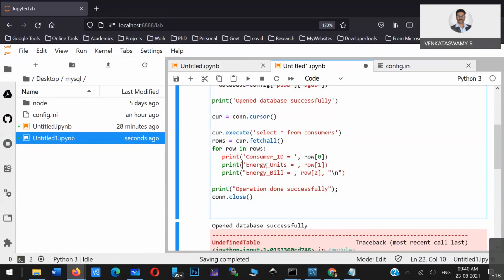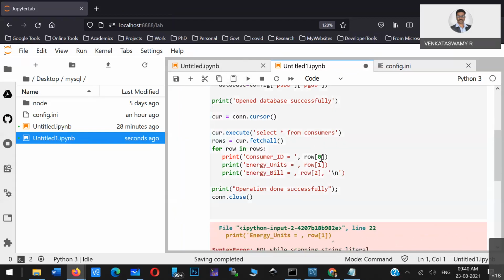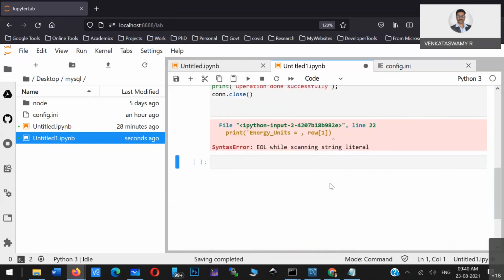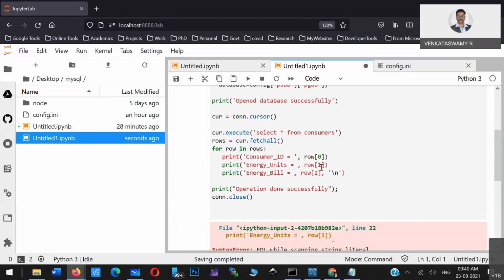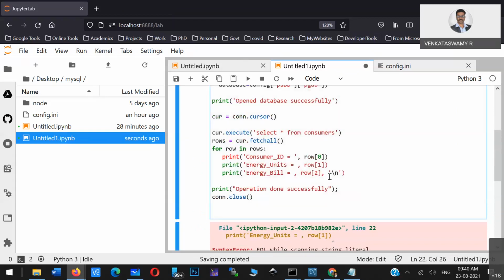Just check, some error it is throwing. Okay, let me run. Just check the program. If you find any error, please let me know.